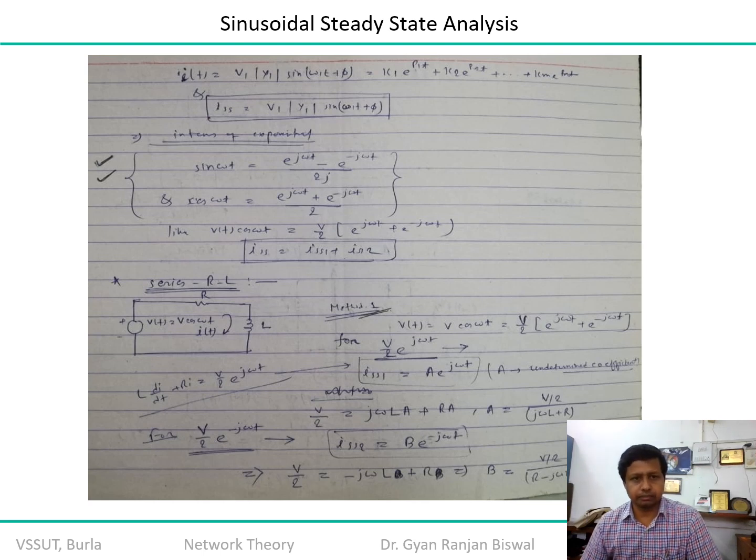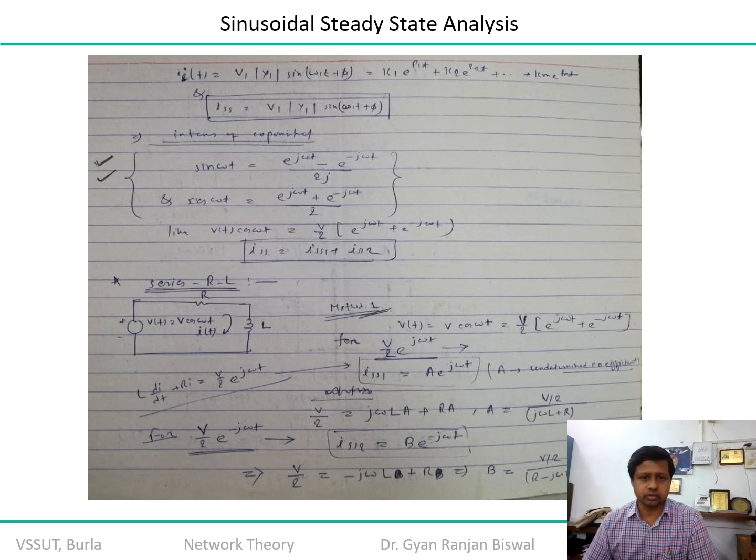Okay, as an example, here we consider an RL circuit. From here, v of t is equal to V cos omega t. You can apply it over here, because the input is given in this case as V cos omega t. If it is not given, you assume any cos omega t or sin omega t. Okay, convert it into the exponential domain, and then you can work it out with the coefficients. It is demonstrated over here.